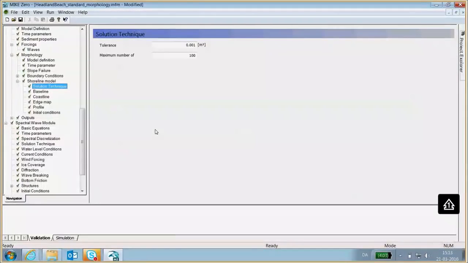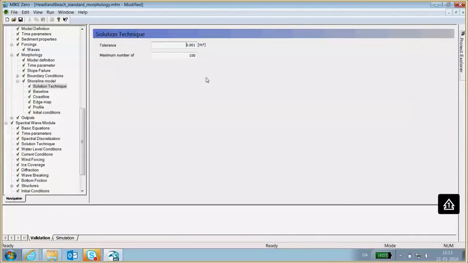Because we have this curved baseline in the shoreline model, and because of the way we treat the bathymetry beyond the depth of closure and inshore of the dune height, when we solve the one-line equation, we make a small sediment conservation error at each time step. It is just a small error, but still over time it can grow, and for that reason we have an iterative procedure which minimizes this error down to a specified tolerance. And that tolerance is the tolerance that you can specify here.